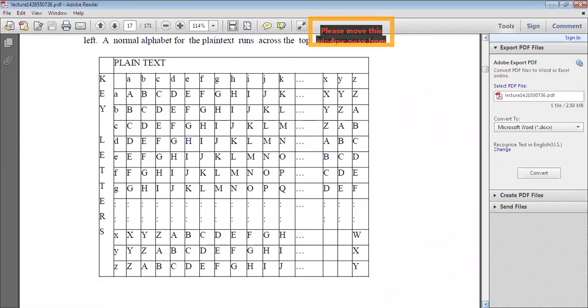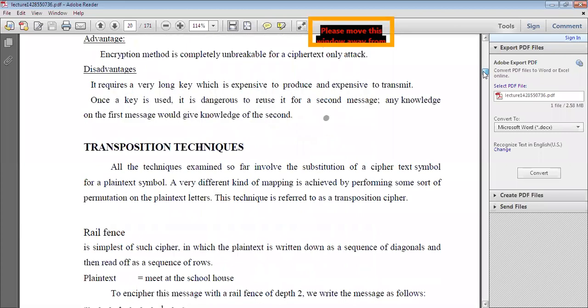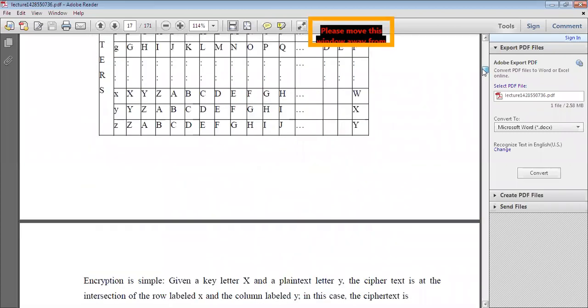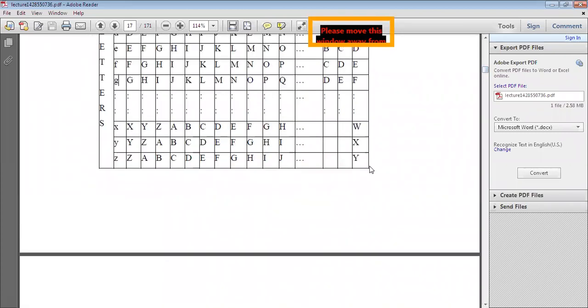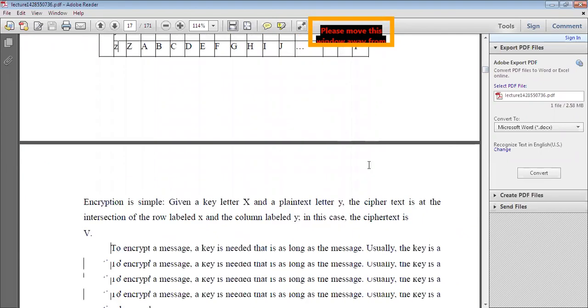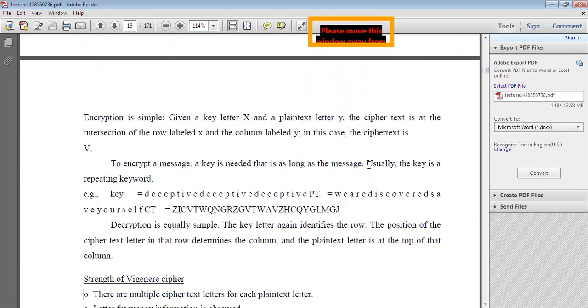After decrypting the values, here you know the key, that is DECEPTIVE. Everybody will know this, both the sender and receiver know this key. And what is the ciphertext you have to receive at the receiver side? So this is the ciphertext received at the receiver side, simply that is ZICV. This is the ciphertext you have to receive at the receiver side.